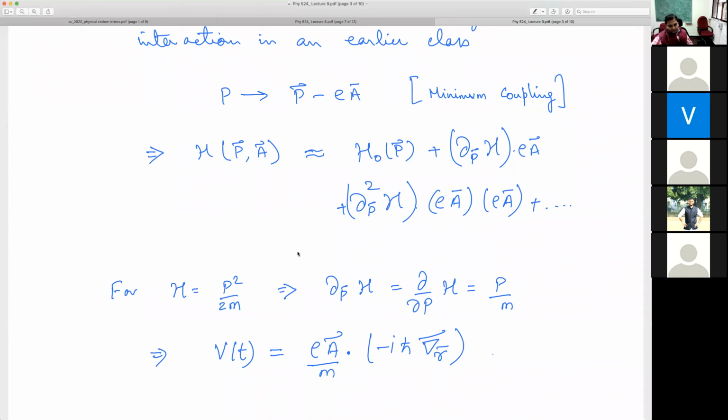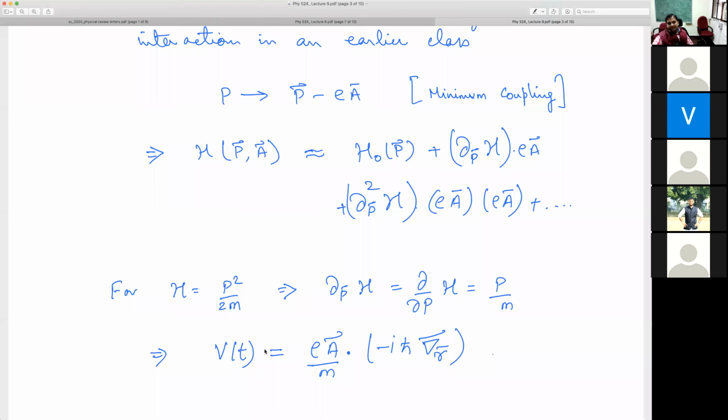And this is precisely what we did in the last class. So in the previous classes, when we wrote down the Schrodinger equation for atomic systems, we had h equal to p square by 2m plus a potential term which did not depend on the momentum. So I have skipped that here. And if h is p square by 2m, then the first derivative of h for a spherically symmetric system has only the derivative with respect to p, and you will get just p by m.